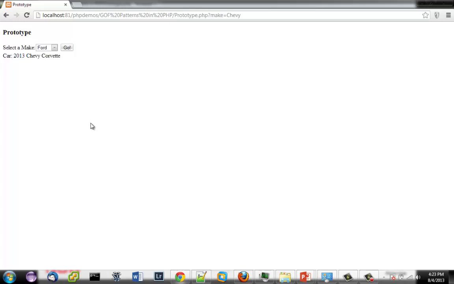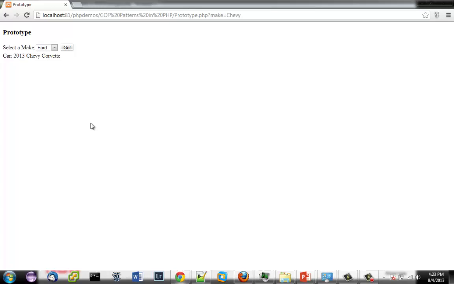Now if I was to do this over and over again, you'd see a performance boost inside of the application, but since I'm only creating one instance, you're not going to really see a performance boost here. But the idea is that if you're creating an instance over and over and over of the same kind of particularly heavy class, then you'd want to do something like this.